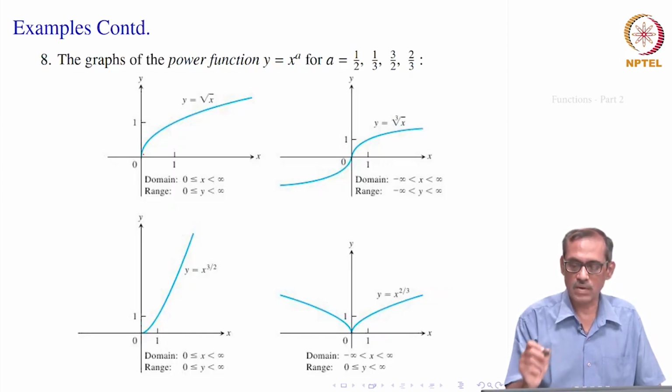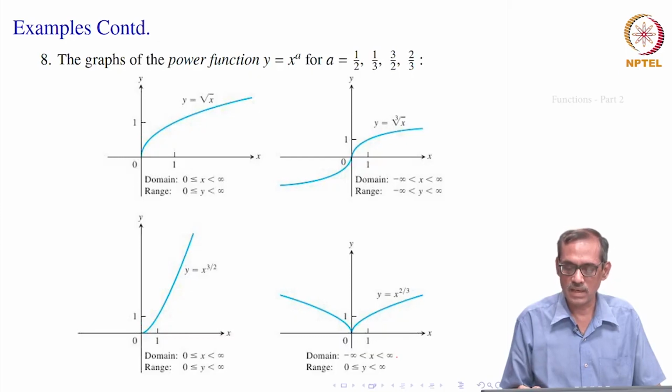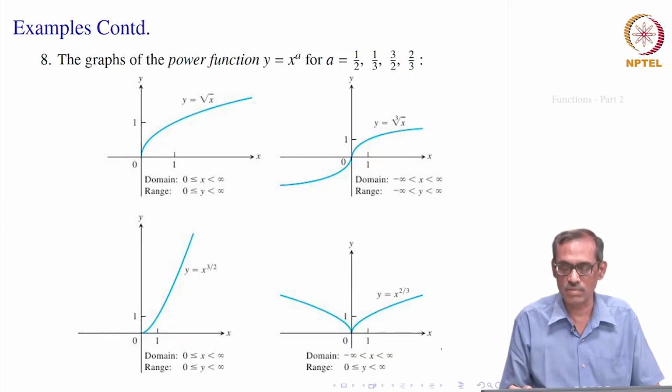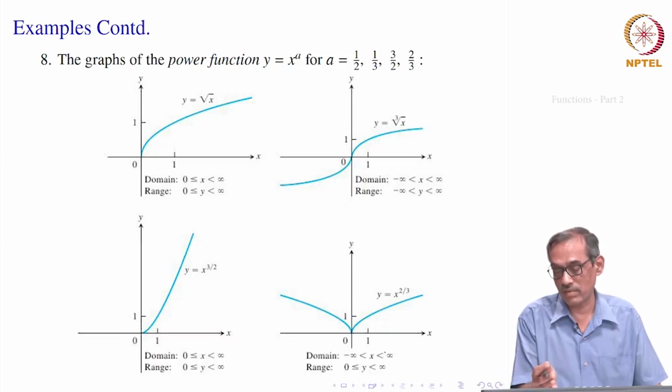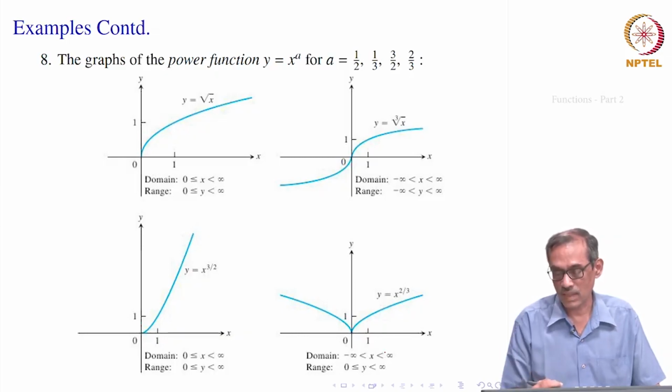If you take a equal to 1 by 3, you would get the function y equal to cube root of x. Now, if you go to x equal to y cube, y to the power 3, and look at it a different way, that is, take the horizontal as y, just rotate it 90 degrees. The graph y equal to x cubed and y equal to cube root of x look similar now.